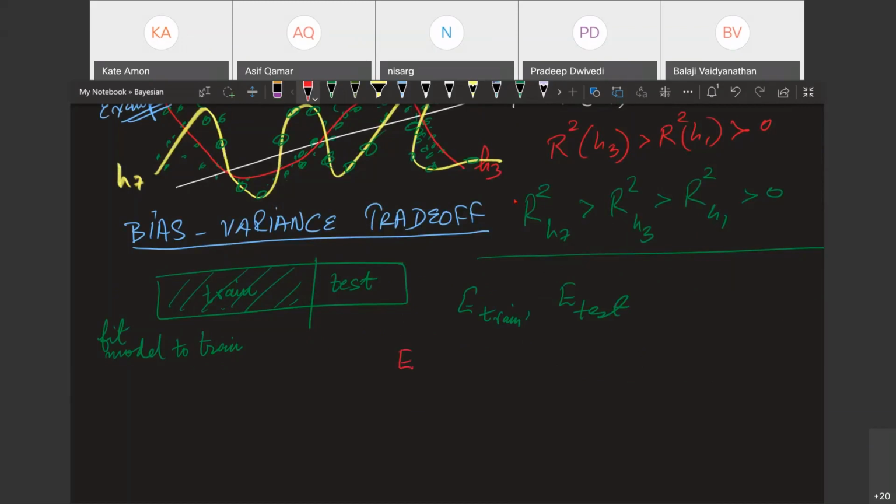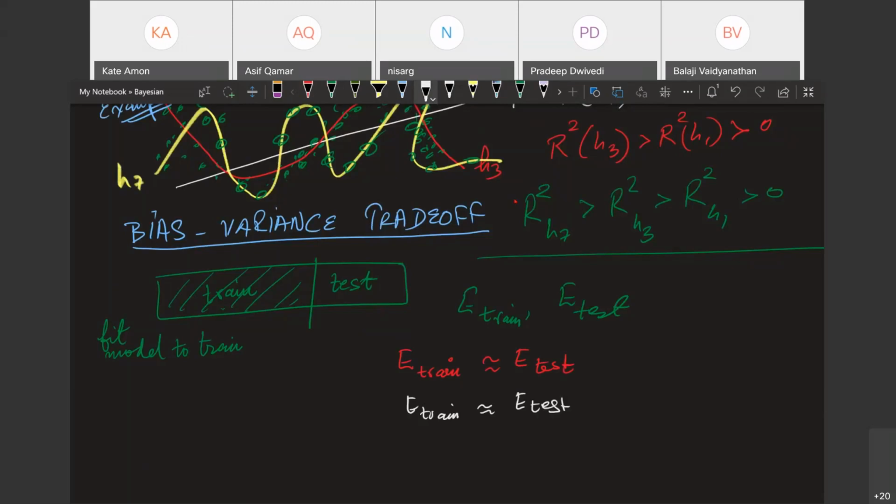E train to be approximately the same as E test. It will be more or less the same because you have a good model, right? For the white one, the same thing will be true. E train and E test will be high, but E train will be more or less E test.